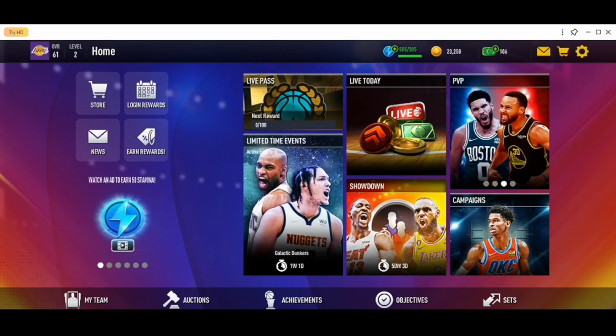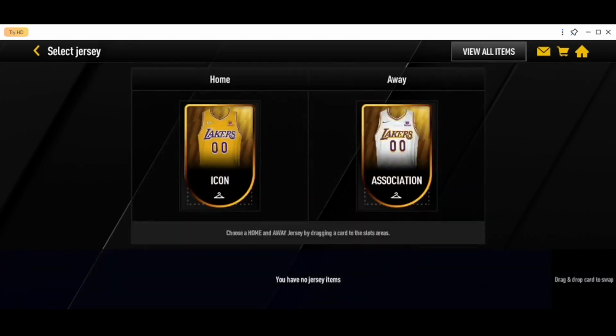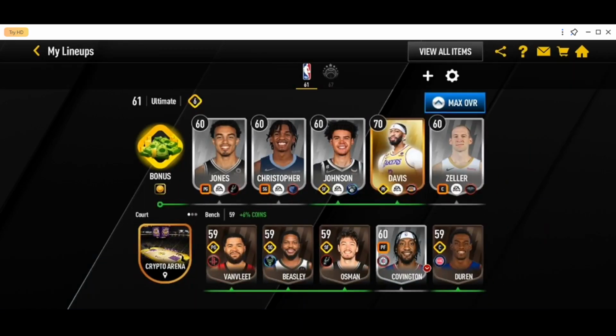If we click on My Team, right here you're gonna find all of the active players in your team. You're gonna find also the bonus or the activated boost. And in the bottom left corner, you're gonna find your court, your home jersey, and your away jersey. If you click right here, you're gonna find a list that includes all of your jerseys, and you can also change your jerseys. If you want to buy a new jersey, just go back to the home page, and then